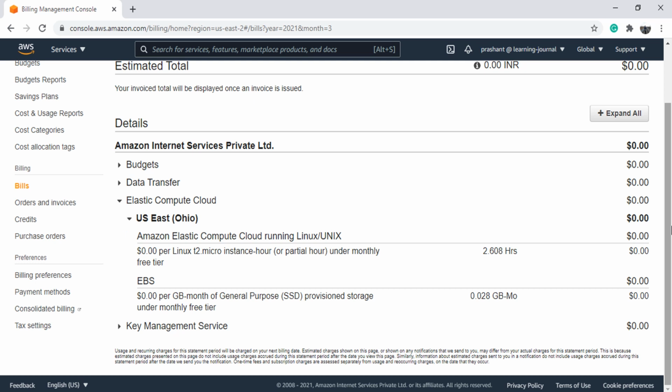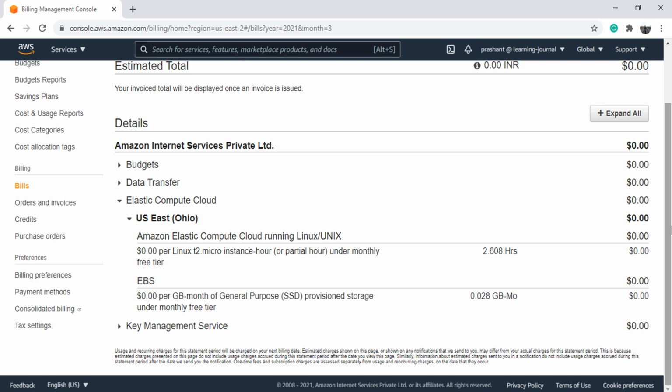The point is straight. Your AWS service usage is measured at the lowest granularity and you can get all the details in your bills. You can visit your billing page as frequently as you want and keep track of your expenses. AWS also allows you to generate many more billing and usage reports. But I don't want to get into those details at this stage. I'll cover them as we progress with the course.